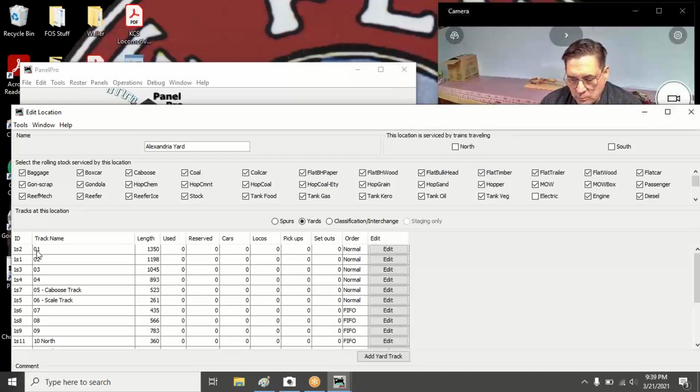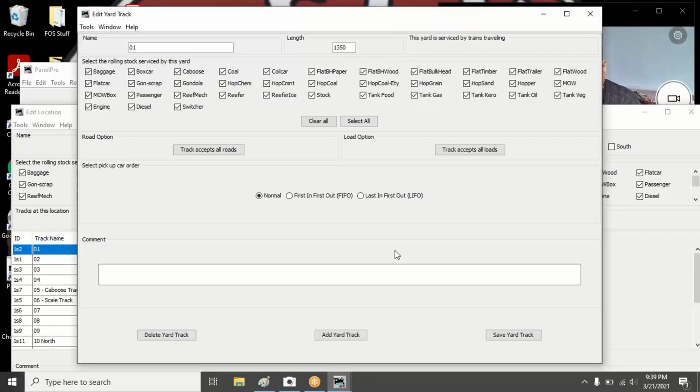So my first track is 1. I put in the length, of course, and I'm just going to hit the edit button here, and whatever kind of cars it can accept, and it can accept everything. So that's what I'm going to put on 1. The only thing I don't want to put on 1, and I'm going to change this, is my